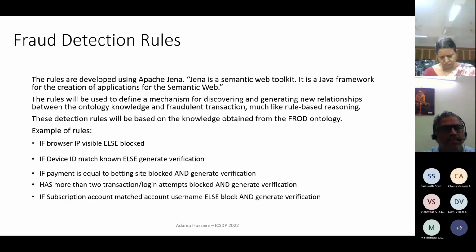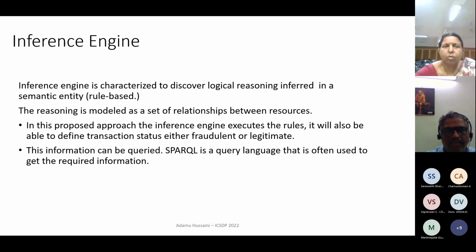Some of the rules that we propose, as an example here: if the browser has an IP, or the IP is not visible, then the inference engine will make the decision. And if the device of the user is known, then the inference engine will make the decision to accept. If it is not known by the system, then the inference engine will decide to send a verification to the user to verify if he is using another device to access his account. And some of these rules we generated have to be passed through the